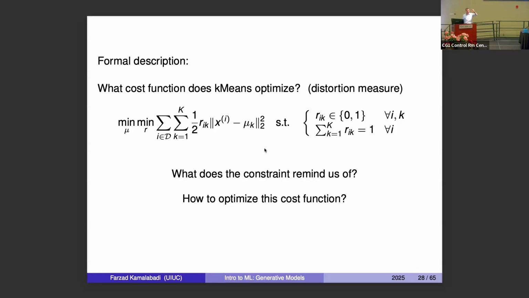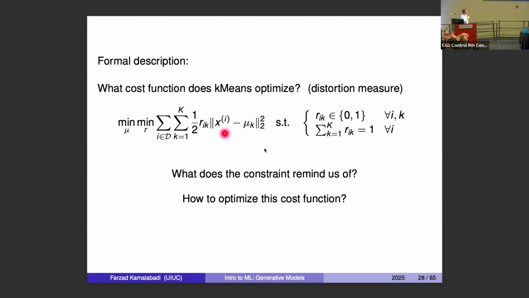If the first one is 1, it means the first cluster, but if it's 0, 1, it means the second cluster. That's essentially the way we're writing it. And we have cluster centers mu sub k, okay? So we are minimizing this inner sum over the number of cluster centers for that example, maybe k equal 2 or k equal 3. And this is the distance you were referring to.